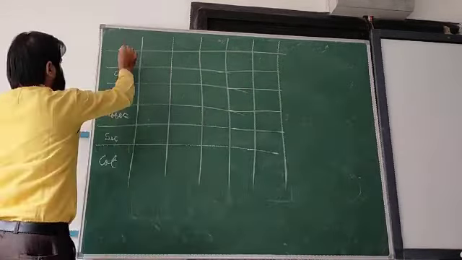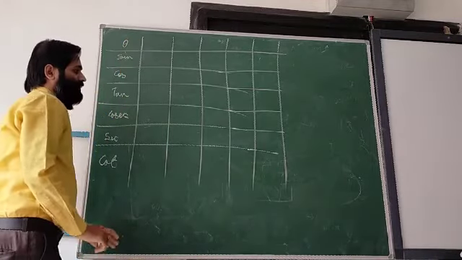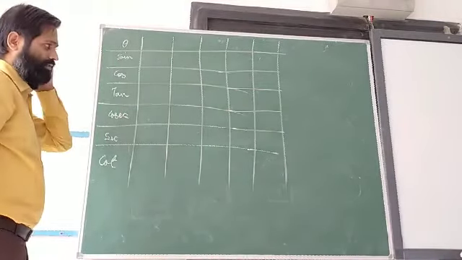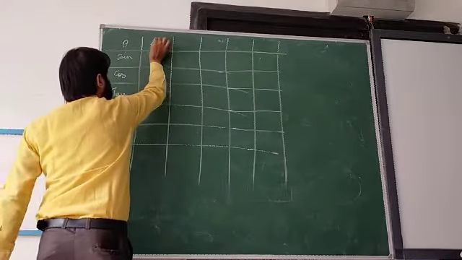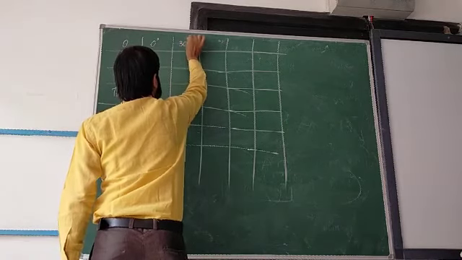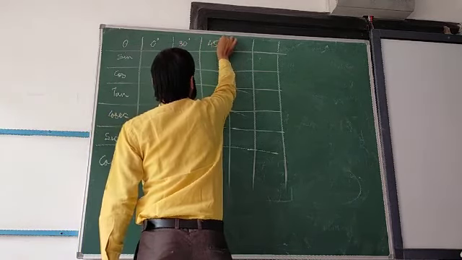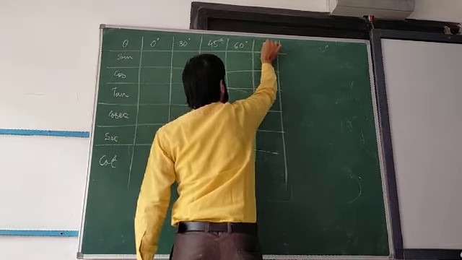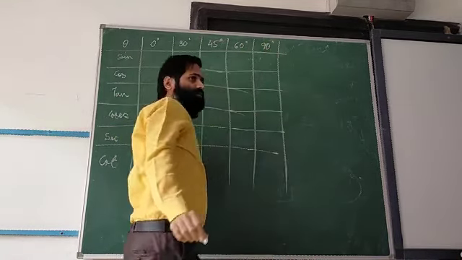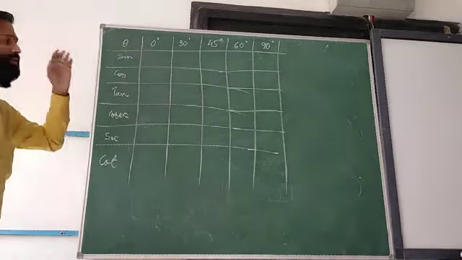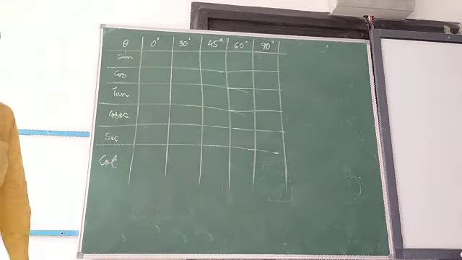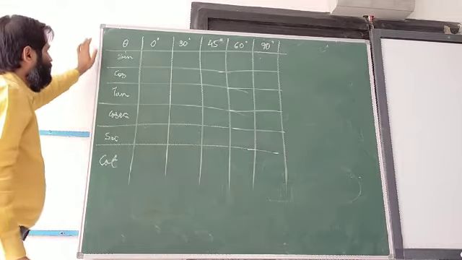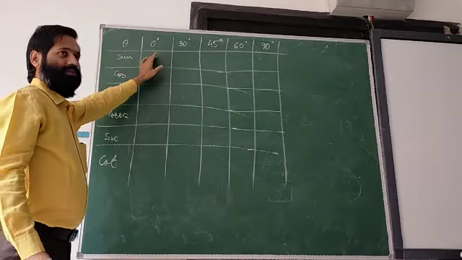So this is theta, and in class 10 you will have only some particular theta values, like 0 degree, 30 degree, 45 degree, 60 degree and last 90 degree. Only this many values you will have. You will not have 15 degree. That is a little bit different, that you will get in class 11. So sine 0 degree means what?